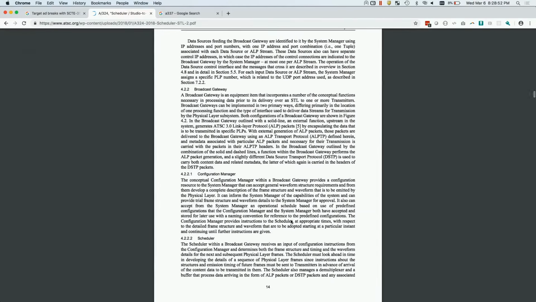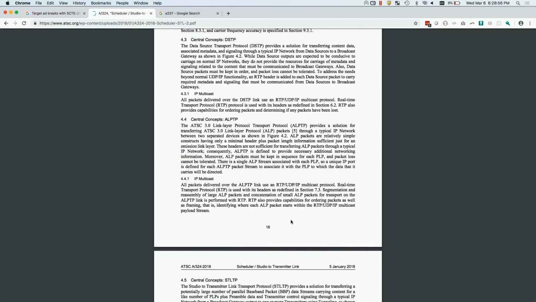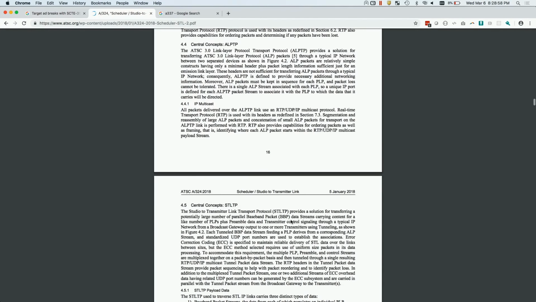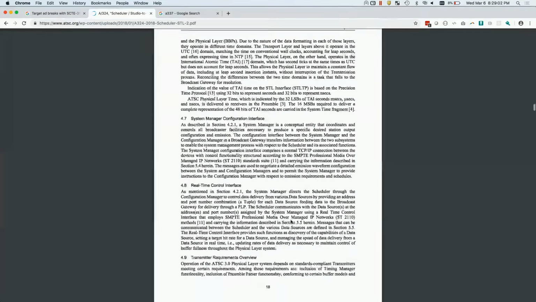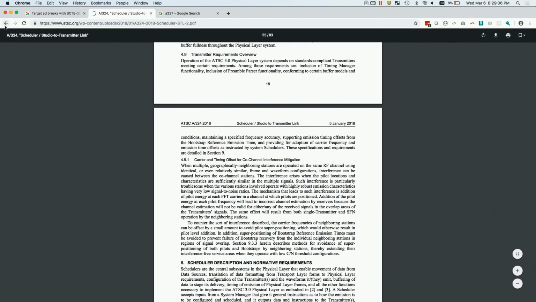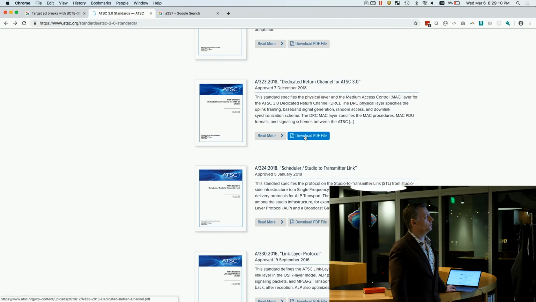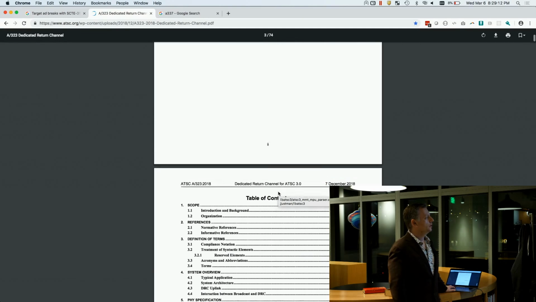So again, the backward side is still under hardware development. The specification aligns for it very, very well. And we should talk about that, Andy, offline, because the DRC spec is published on here. It is incredibly complex for the mathematics, but this is a 323 dedicated return channel.